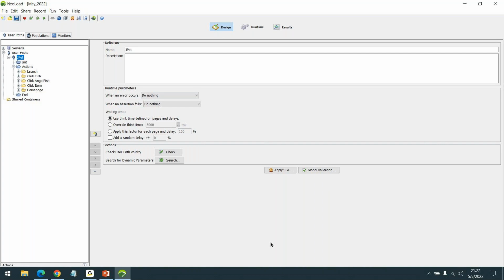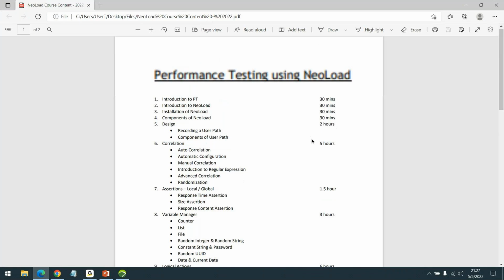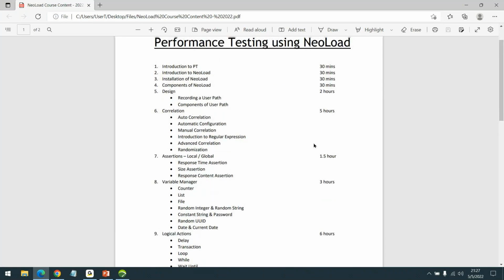So apart from this, if I wanted to get certified in NeoLoad, what will be the course content, syllabus, and the certification fees of NeoLoad? Currently, you can get certified from Tricentis. Tricentis is offering a professional certification.